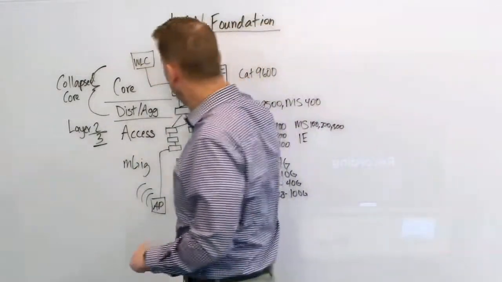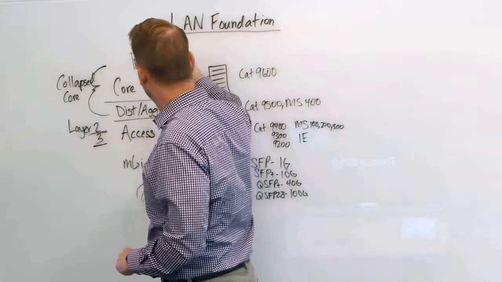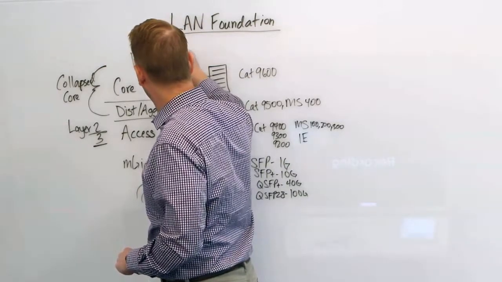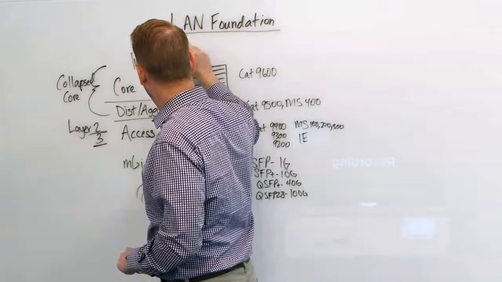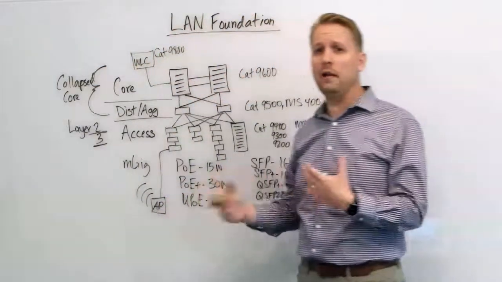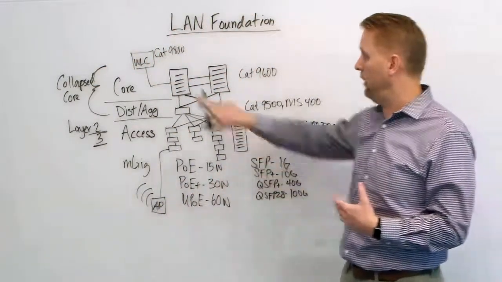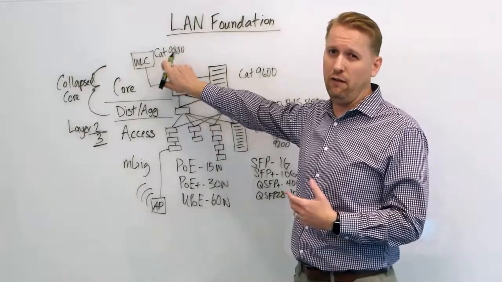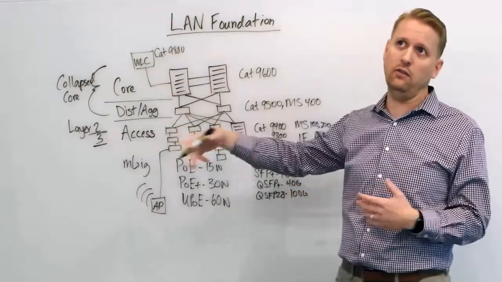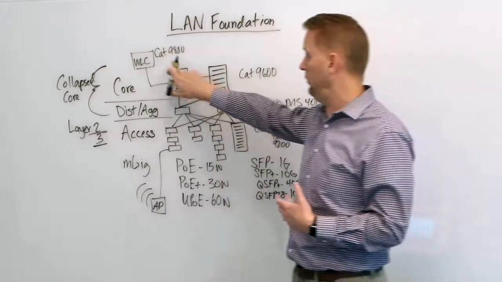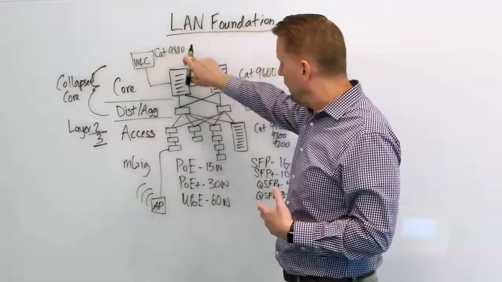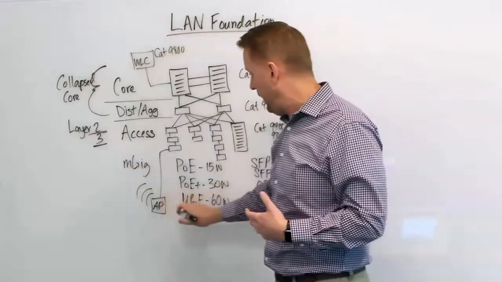controller. The current model of wireless LAN controller is the Catalyst 9800, and there are kind of small, medium, large configurations for that. Those take the place of the old 5520s, 5508s, 3504s, 2504s. So that's the 9800. The wireless access points,